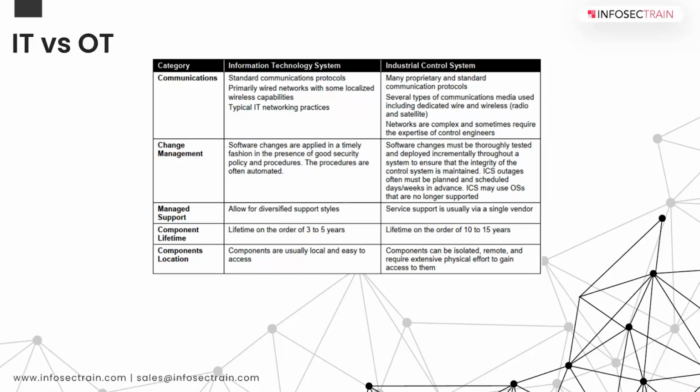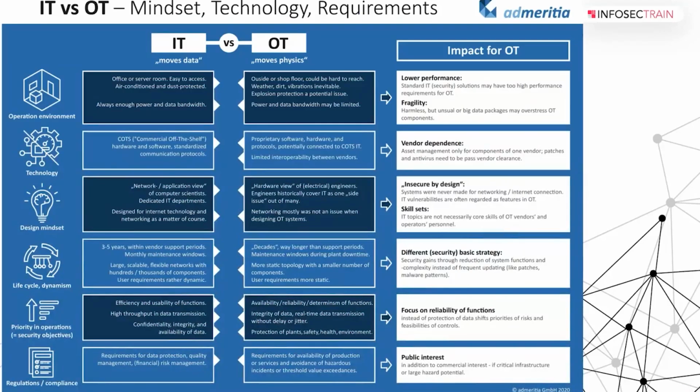There is this one-pager document that I found, and this is good work, right? We always talk about obsolescence, speed, commercial off-the-shelf, and so on. But when we talk about IT versus OT, it is the mindset, the technology, and the requirements that you need to have in mind. It may not be comprehensive, it may not cover everything, but these are the key aspects one needs to know. And this is a very good compilation.